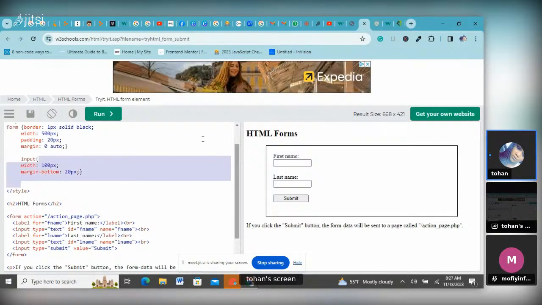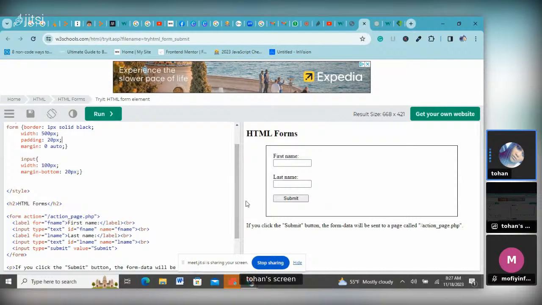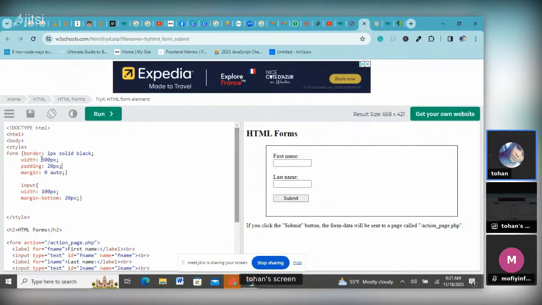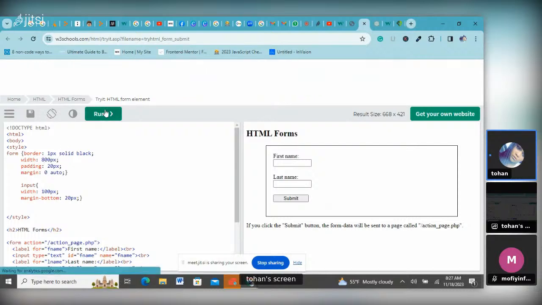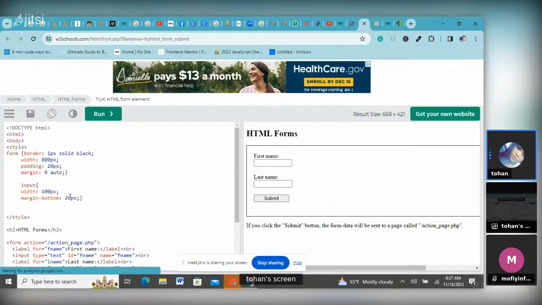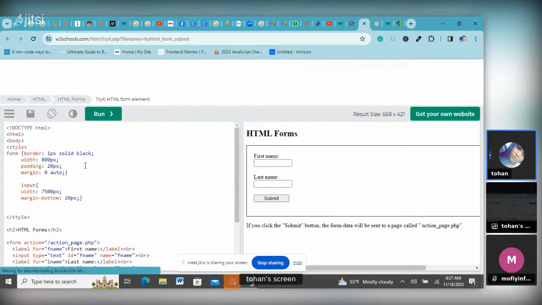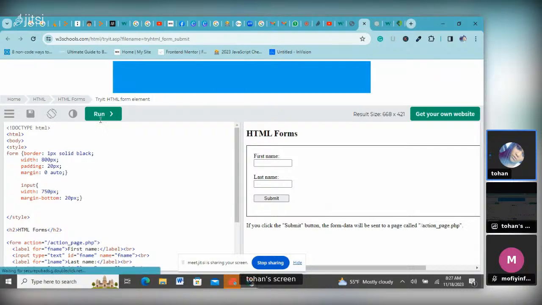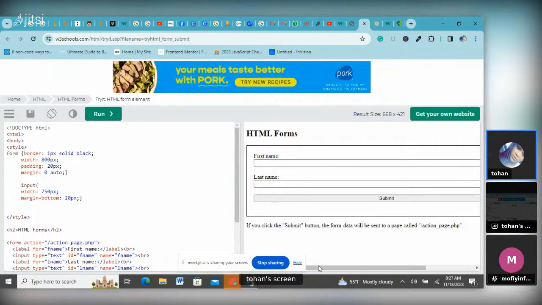So now what I want to do is stretch it. Okay, you gave it a width of 5. Let's make it a width of 800. Okay, I'll make it a width of 800. And then I would also make this one 750. Okay, so when I make that 750, let's see how it looks. So you see,